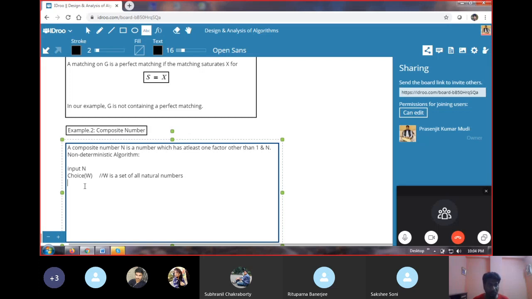And here choice W only selects the number that is a factor. So it's a factor I am trying to randomly select. Okay, so choice W, let me assign it to a variable